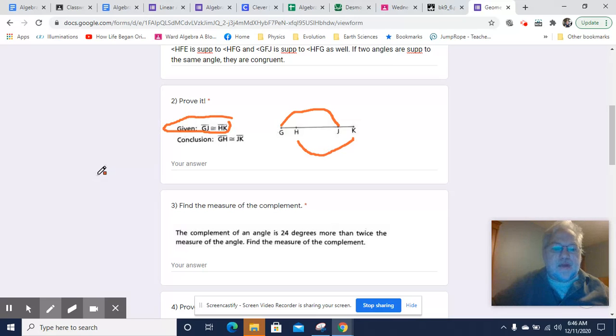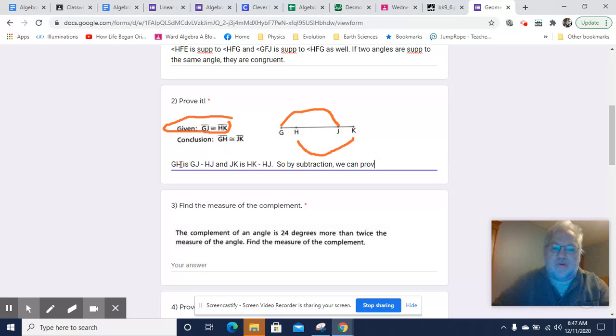Okay, so based on that given, what we can say is GH is GJ minus HJ, and JK is HK minus HJ. So by subtraction,